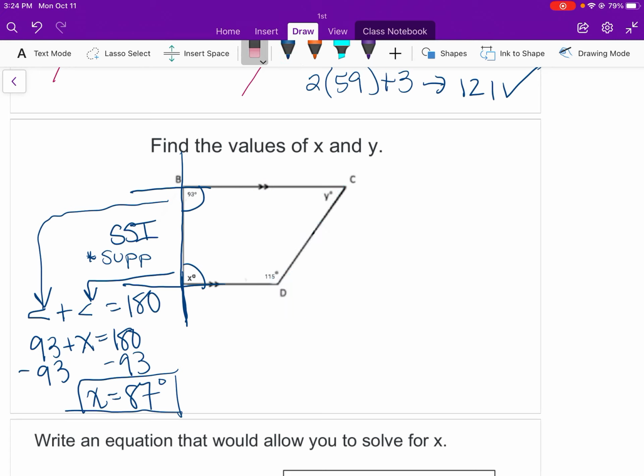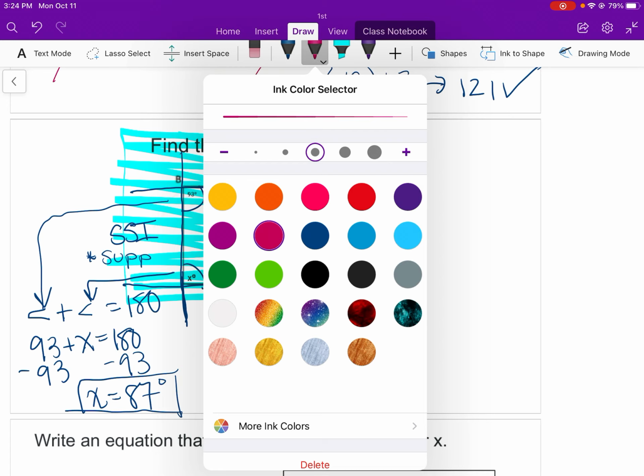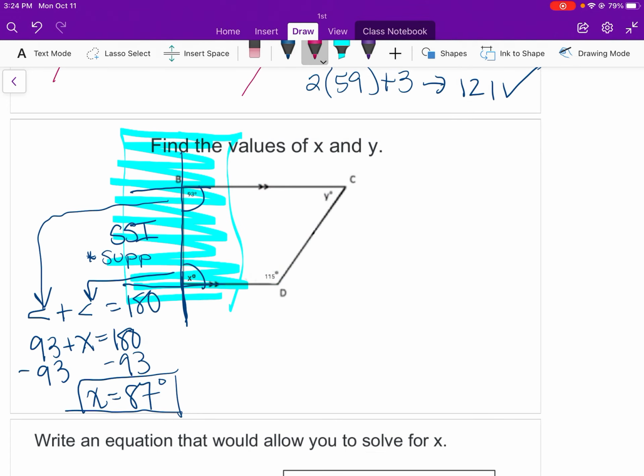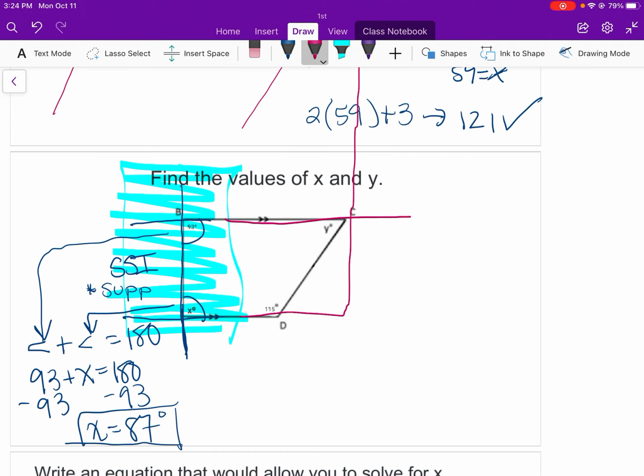Now, I'll erase that, and I'm blocking out this half. Okay, we'll switch colors. We'll choose a pinkish color because it's my favorite. And then I'm going to extend my image. Woo, that was scary. Undo that line. There we go. Extend this image here. Make my transversal line extended. And now I see these two lines are also